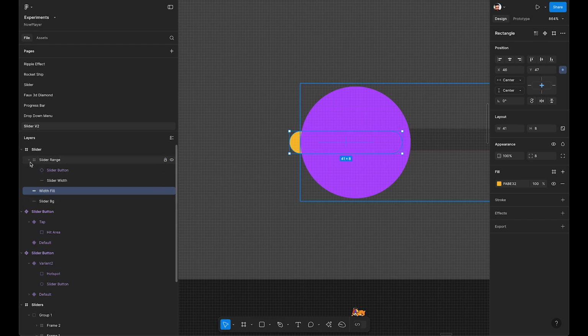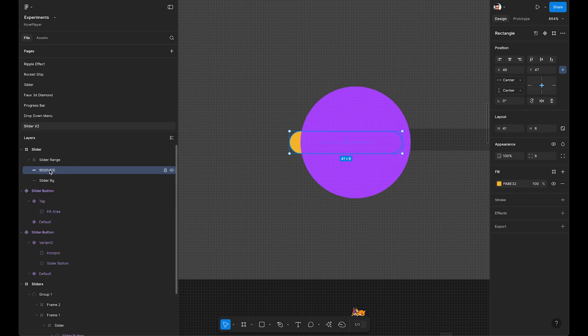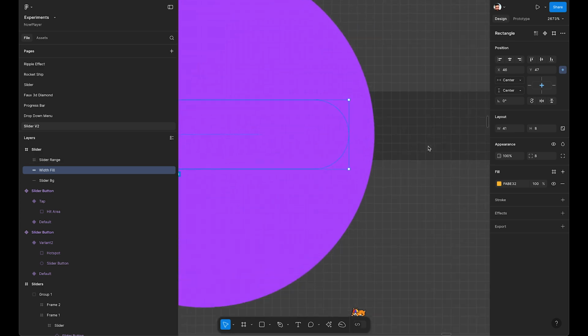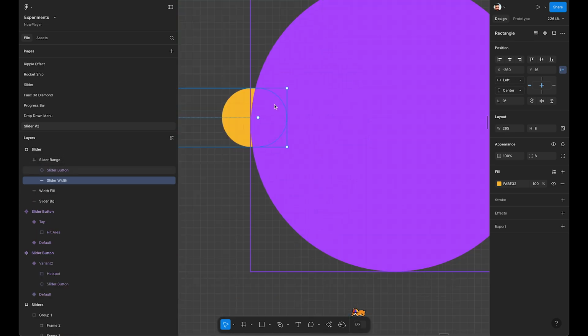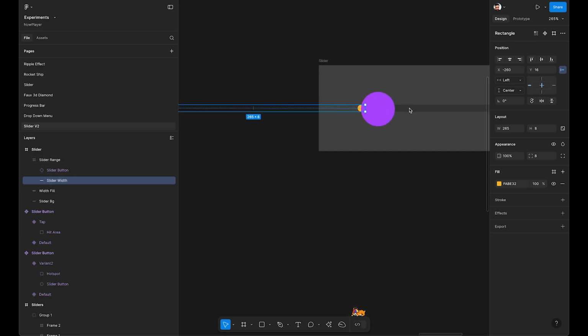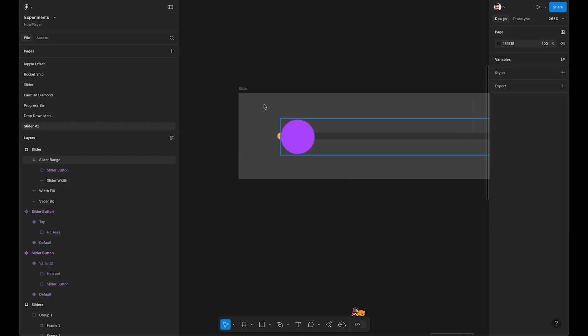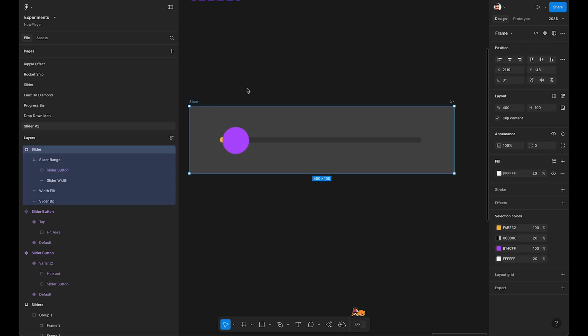And remember not to put this one inside the slider range frame. And let's align it. Let's align our slider width as well. Now if you see the preview,